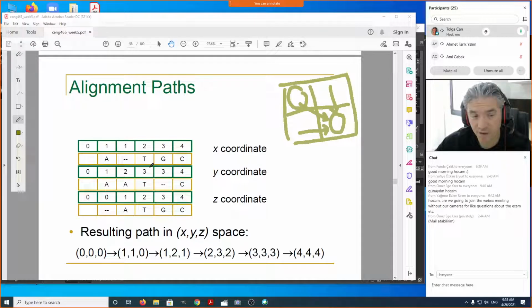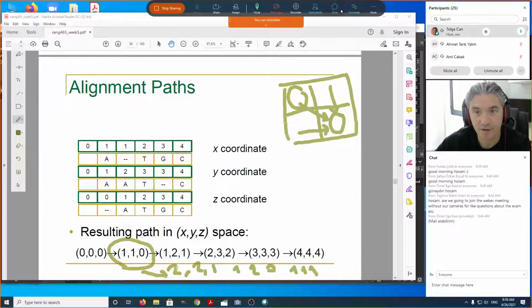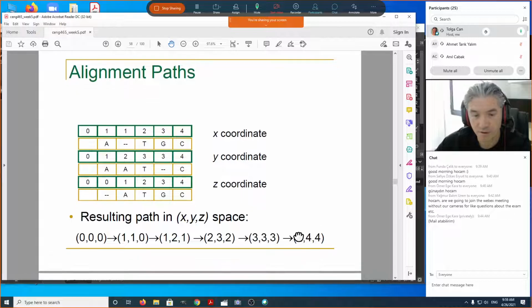In 3 dimensions, we are going to have 7 different options. Consider this 1, 1, 0. Where can we go after 1, 1, 0? We can be at 2, 2, 1, 1, 2, 0, 1, 1, 1. So if you look at the possible options, you can go from 1, 1, 0. There will be exactly 7 of them, and that 7 actually is 2 to the k minus 1. So the reason that we have 3 choices from here is coming from 2 to the power 2, which is 4 minus 1. It gives how many choices you have to follow on the next trajectory.